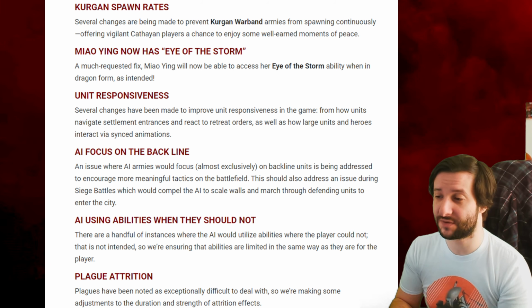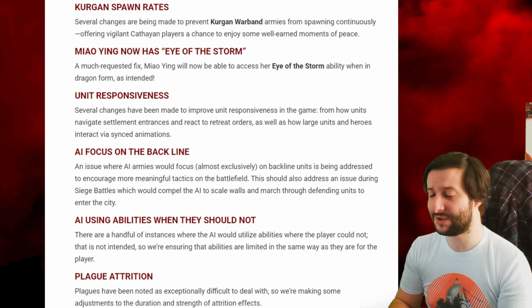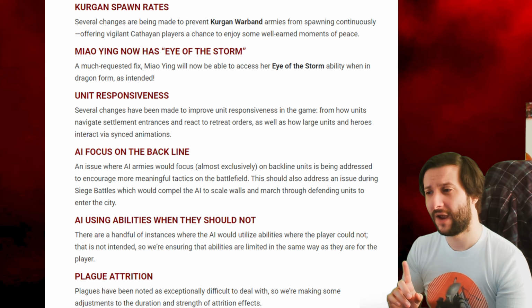So, AI focus on the backline. An issue where AI armies would focus almost exclusively on backline units is being addressed to encourage more meaningful tactics on the battlefield. This should also address an issue during siege battles, which would compel the AI to scale walls and march through defending units to enter the city. So